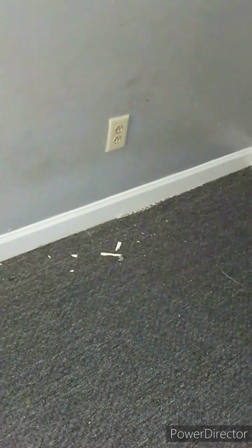Okay guys, I did a little bit. I wanted to show y'all the two closet doors. See how clean they look now. This one coat of paint up there, this baseboard right here. You see that dirty wall? It makes the wall look